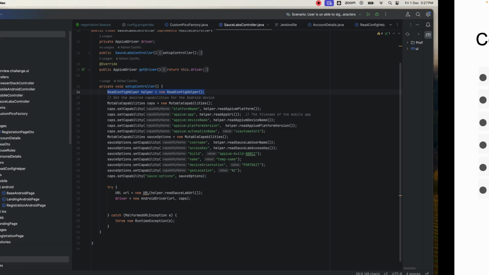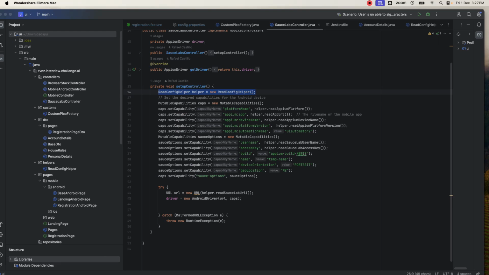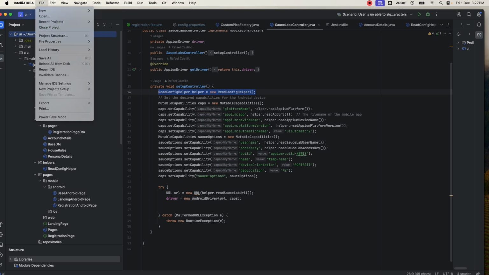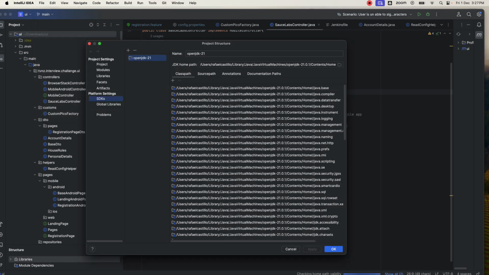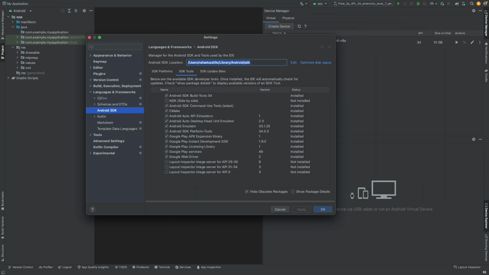In that case, we will need to go to IntelliJ, File, Project Structure, and then click on Platforms. Under Platform Settings, SDKs, you will find the JDK Home path. Once you have copied these two paths, we need to come back to the